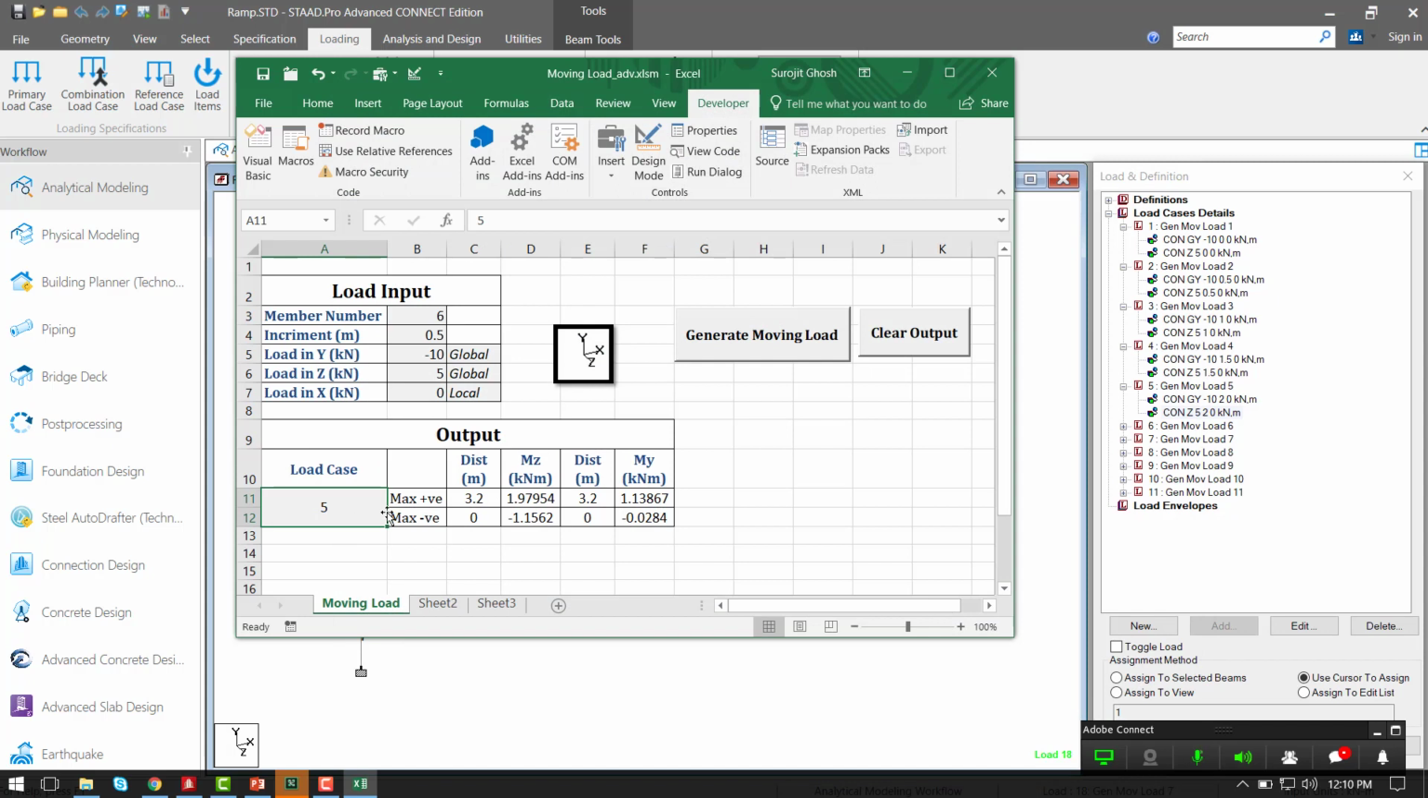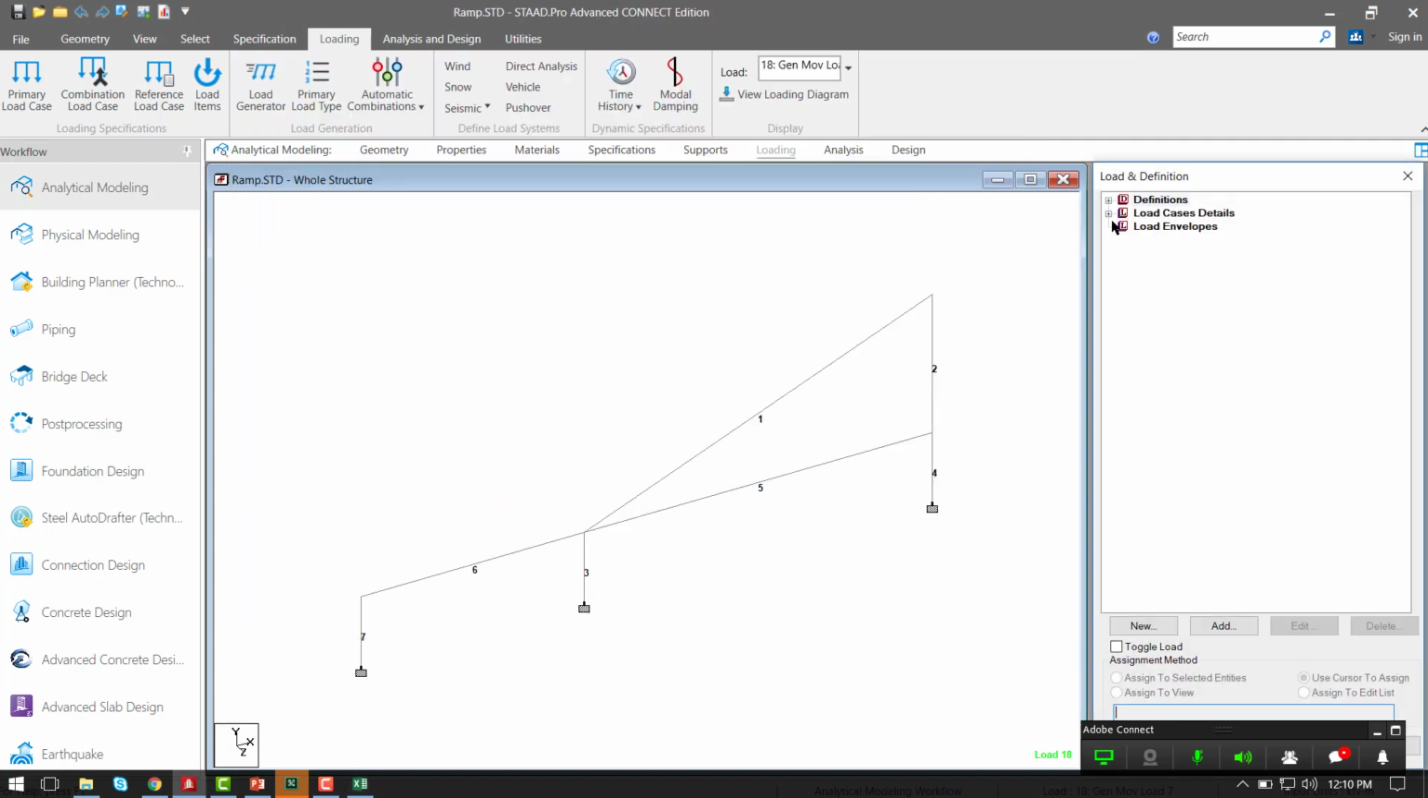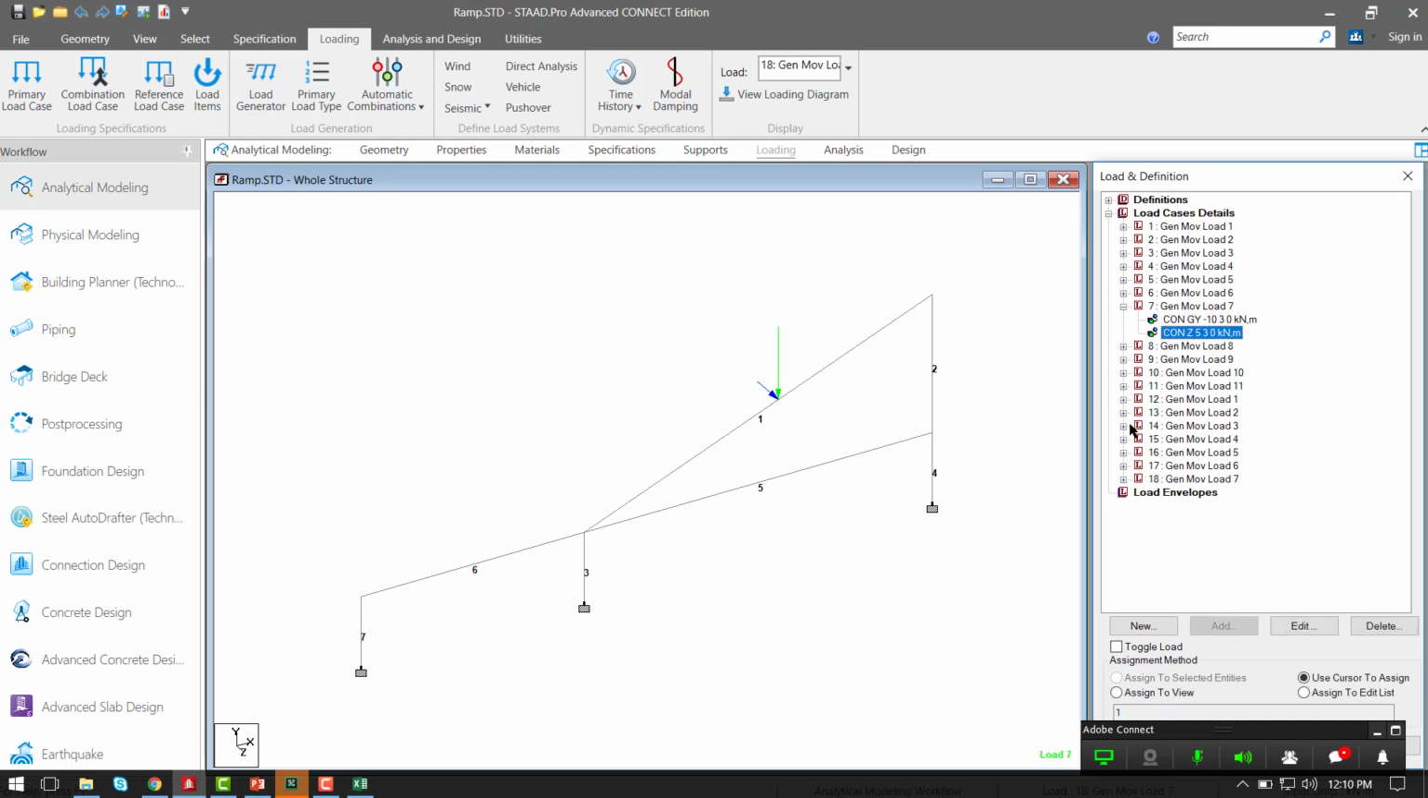So for load number 5, what is my maximum moment value in the z direction, what is my maximum moment value in the y direction, and what is the location of this maximum and minimum moment value, has been reported here. And if I look at my structure, let's see what loads have been created. Basically this load has been created for this angular member number 1, and this load has been created for my member number 2. So if I look at the bending moment diagram,